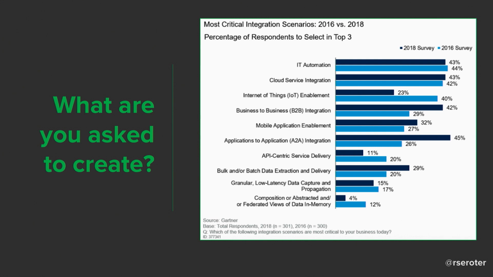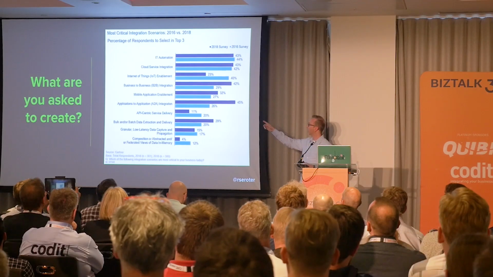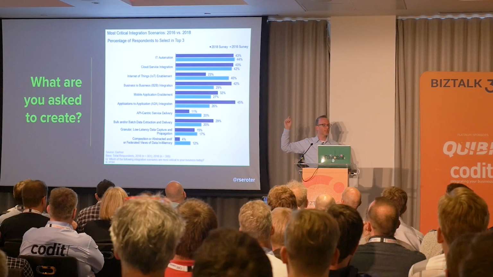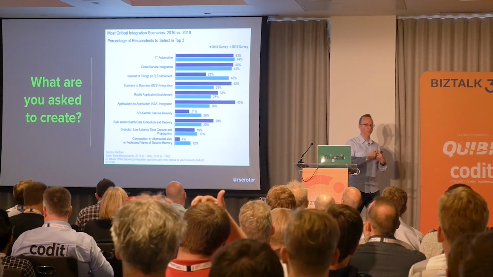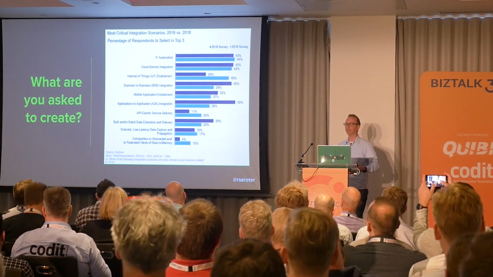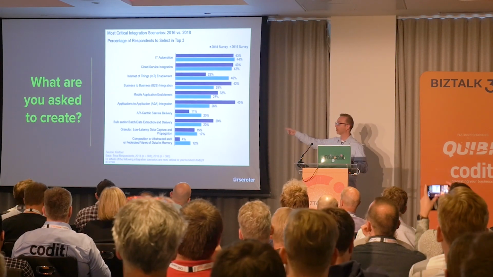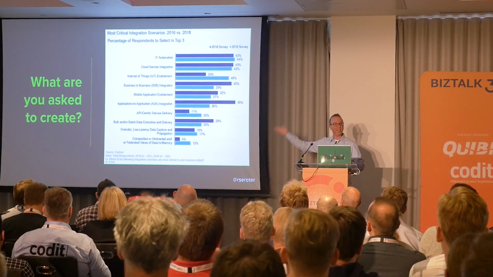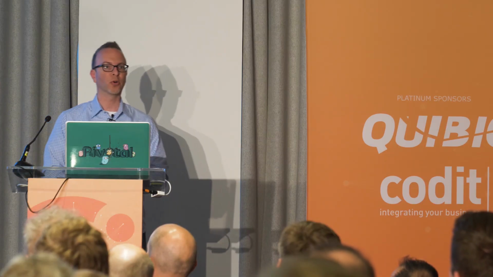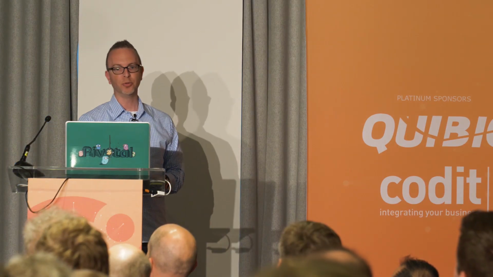So when Gartner took a look at what people are asking for from integration, they compared the answers from 2016 to 2018. We're asking for less IoT stuff, which is pretty fascinating, dramatically less for some reason. A lot of application-to-application integration. So people who are stitching together apps are doing the right things. That's what's being asked for right now. So are we building things? Are we set up software-wise to do what people are asking for? That's kind of how we look at this. What are folks asking for from us? Are we setting up to do that for them?